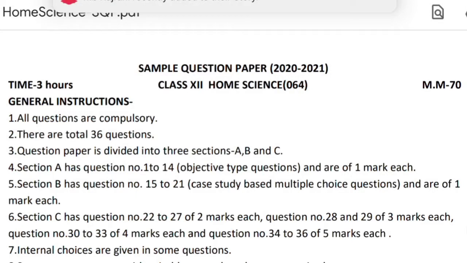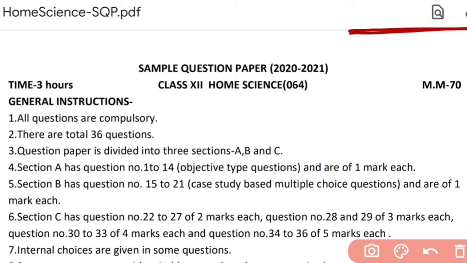Well, by now you are all aware of the sample question paper pattern for the year 2020-2021 for the subject Home Science, which was shared by CBSE. I've already covered the basic paper pattern for all the subjects in my previous video. If you haven't watched it, you can go and watch it. I'll give you a link here. And I've also covered how much time you must devote to each type of question carrying different marks. Just keep those guidelines in your mind and let's proceed with the solution of the sample question paper.